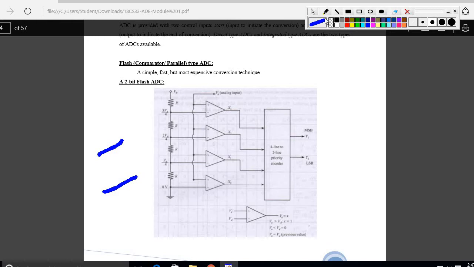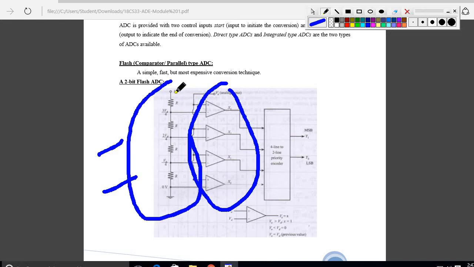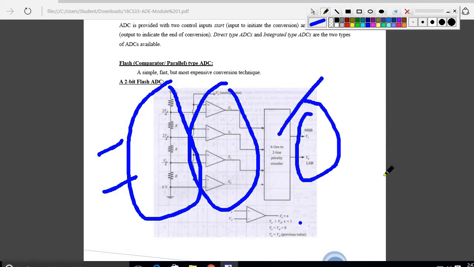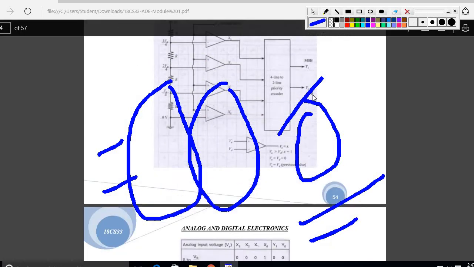Here I am using operational amplifiers. So I am using the voltage at the input side, and we are giving it to the 4-line to 2-line priority encoder. So this is what exactly our output is, in terms of MSB and LSB. Okay, so for these operational amplifier circuits, the condition should be like this: V0 greater than V5 and V0 greater than VD0, where VD is equal to the V previous value. You have to remember these things and you have to write this diagram. We'll see the explanation of this.